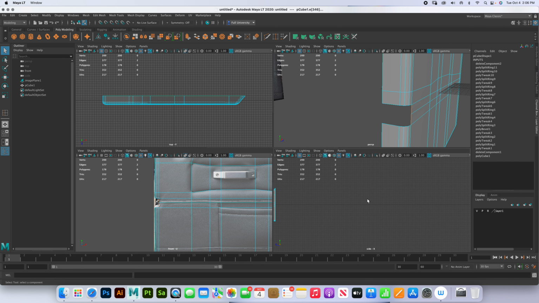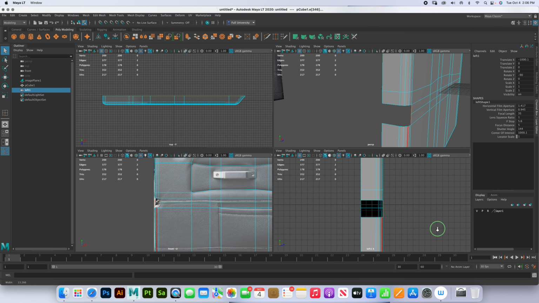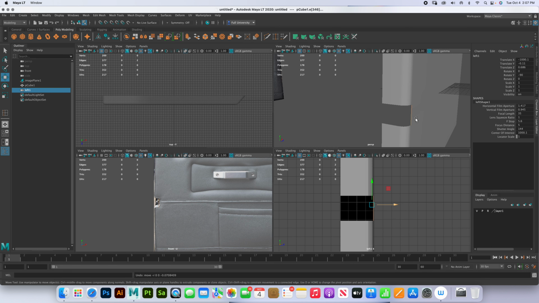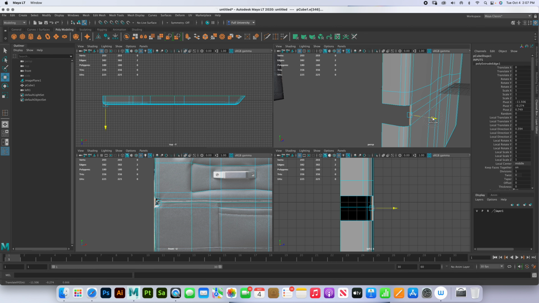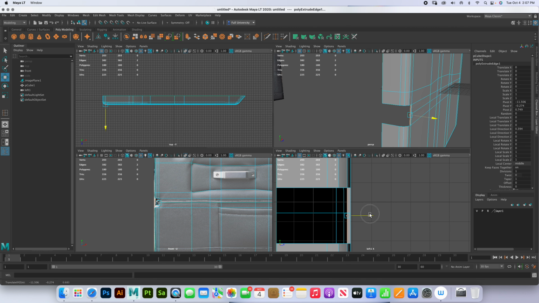Where's my side view here? Let me press F. So here we're gonna switch this from side to left because we want to see this. Okay. So we're gonna take these edges and match them up. 1, 2, 3, and 4. So we're gonna press W. Shift click and drag 1. Oops, what's going on here? Shift click and drag 1. Right here. Okay, make sure it's as close as possible so when we do the bridging,